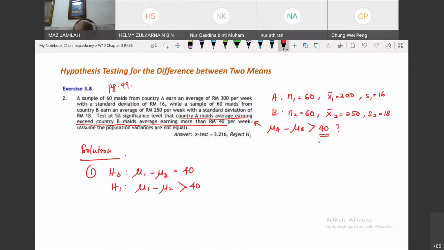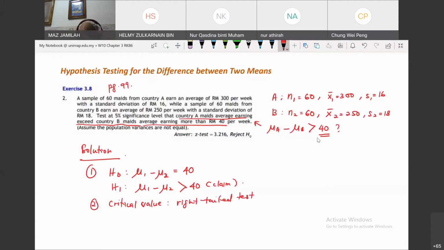Now, what is our claim? This is our claim, so the alternative will be our claim. Second, find the critical value. Since we are dealing with a right tail test,